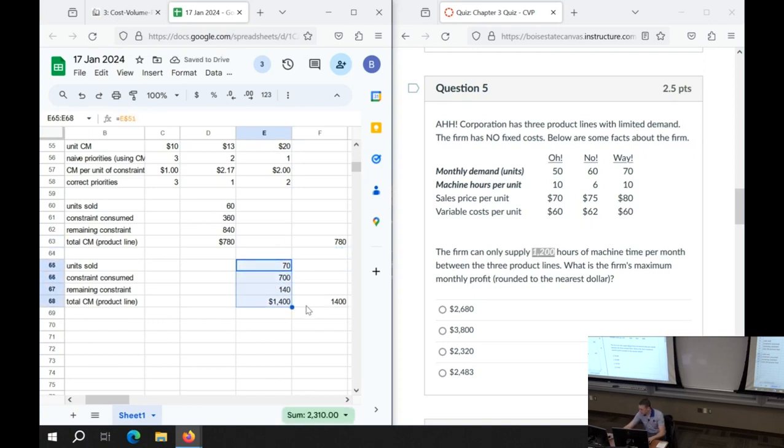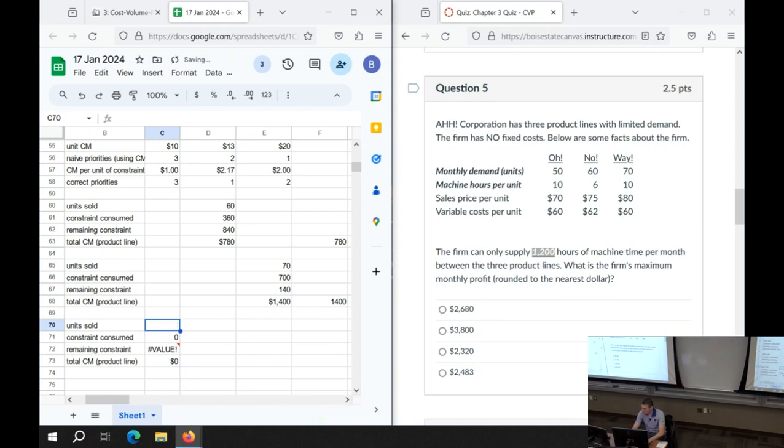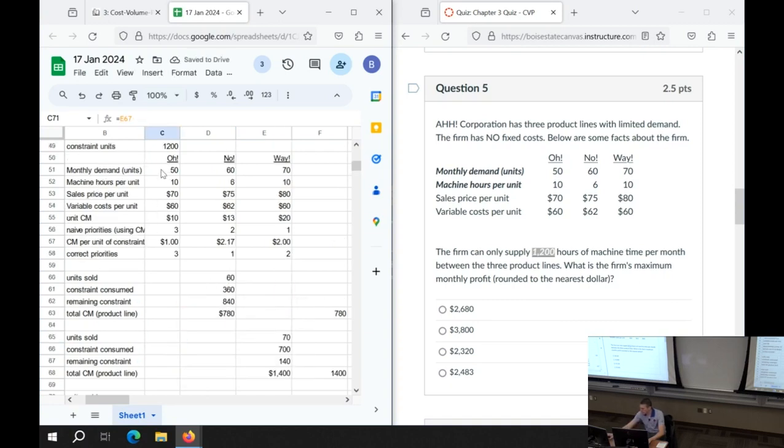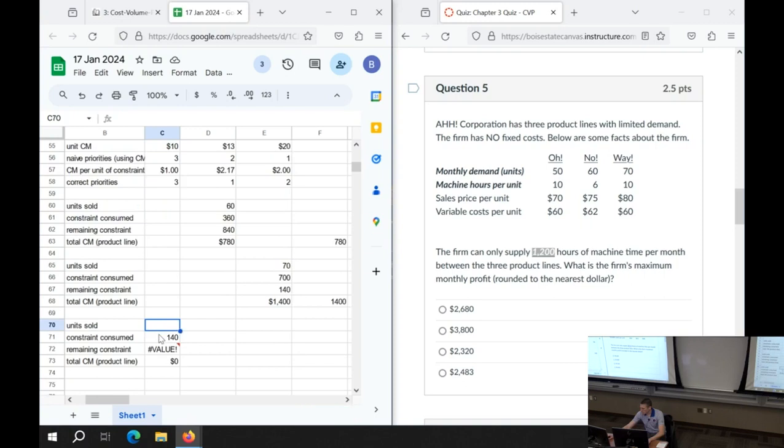Okay, let's see if we can copy this down, and we'll have to manually fix one of the cells, but that's not too bad. A couple of the cells, actually. So we don't know how many units we're going to sell, actually. We do know that we're going to consume the remainder of the constraint, 140 units, because I knew from the earlier problem, we have 500. If we filled all the demand, we'd have to use 500 units of the constraint. So we're just going to use up the rest of the constraint. That's what I'm doing, right?